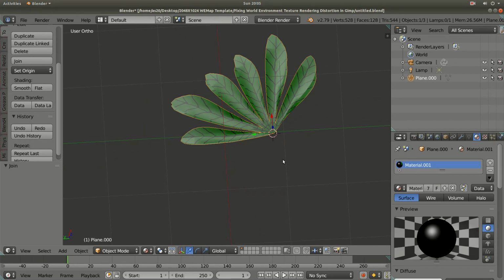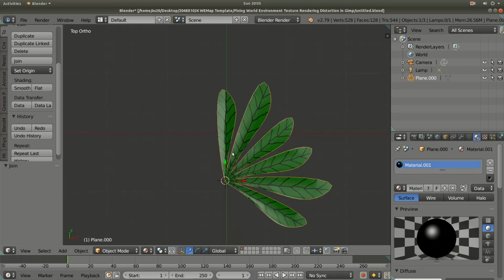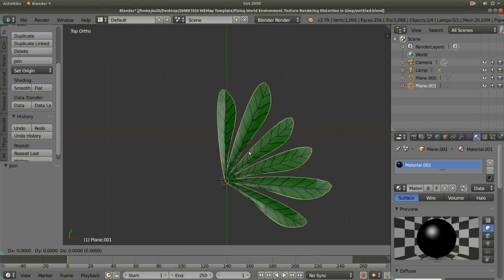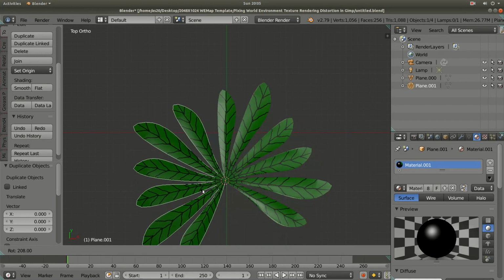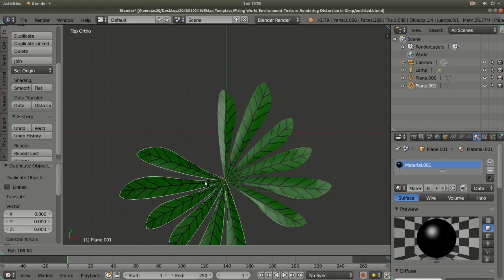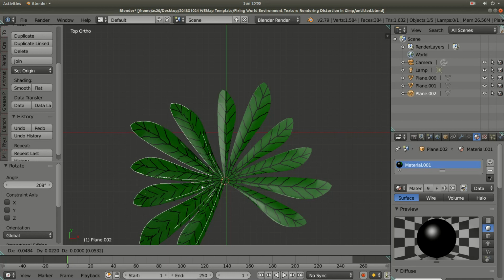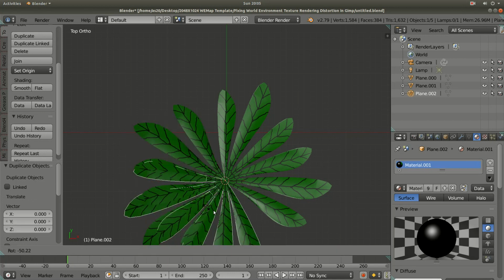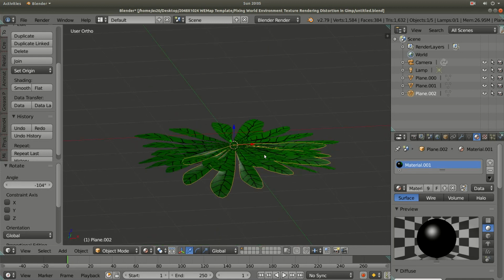So I am doing it very quickly. By going to top view, I am again cloning this and rotating it. I am getting this kind of look. Anyway, now